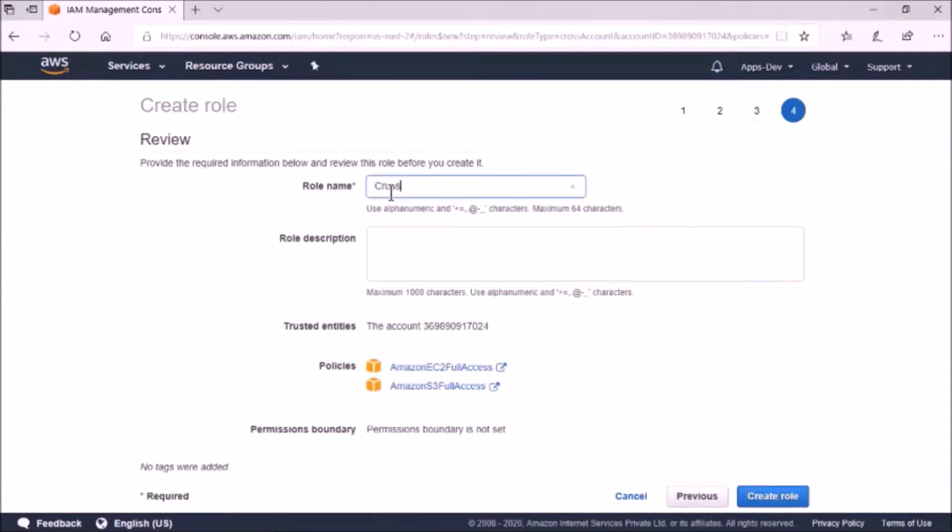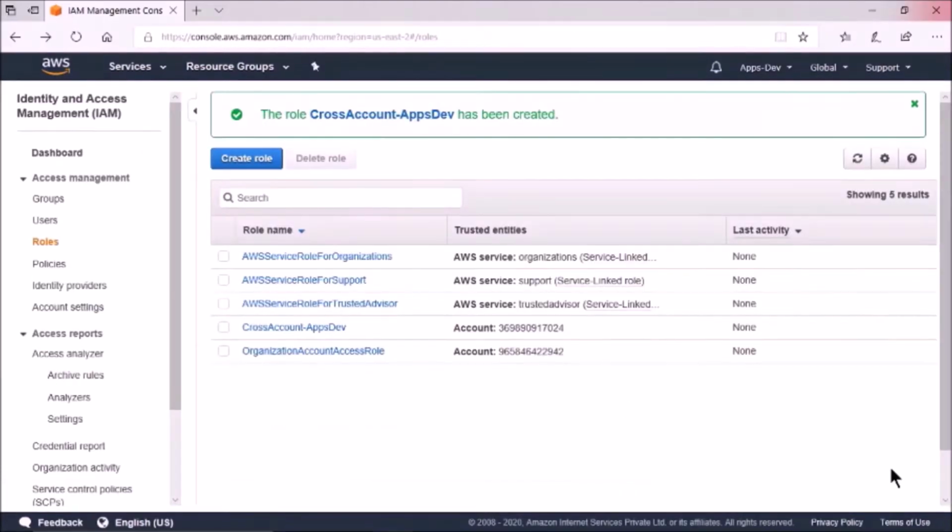I will name it cross account apps dev and add the description, and create role. With creating the role in apps dev account, our work is done.